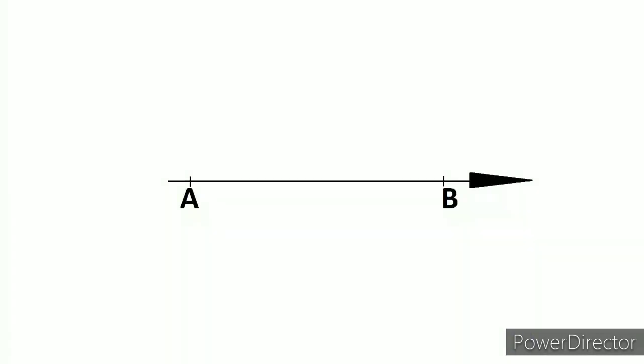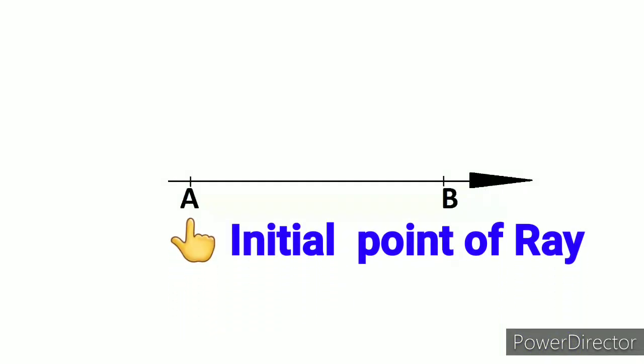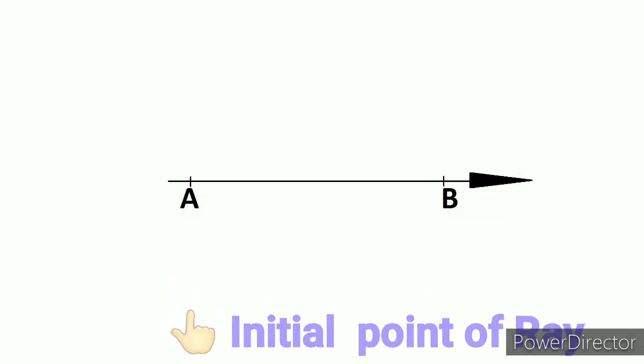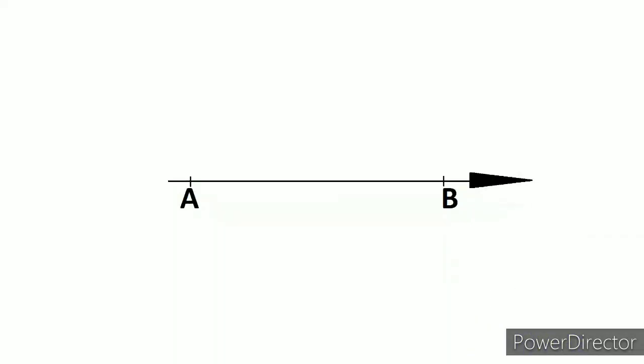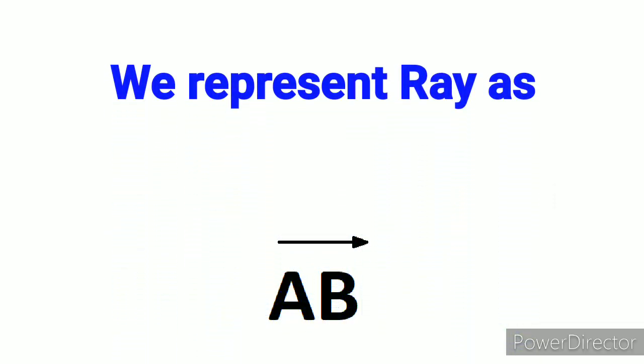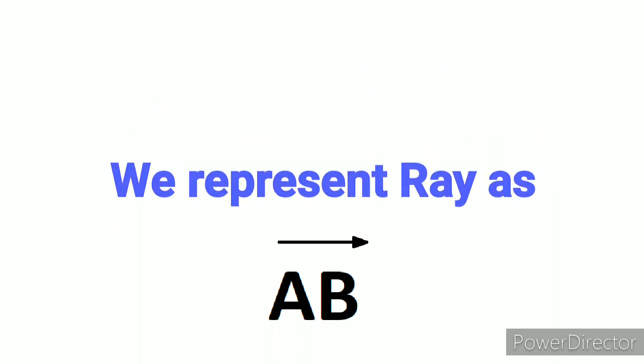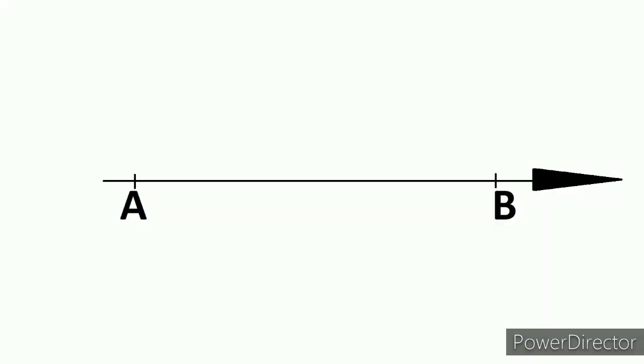Let's understand the properties of a ray. A ray AB has one endpoint, namely A. This point A is known as the initial point of ray AB. A ray has no definite length since a ray is endless in one direction. It cannot be drawn on a paper. By drawing a ray AB, we would mean that we draw a line segment AB, extend it from B onwards and put an arrowhead as shown on the screen.